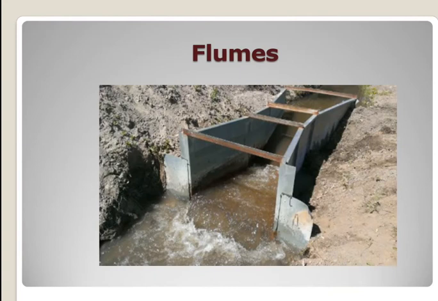Now coming to the flumes. So again these are open channels that are supported above the ground, and flumes are usually used for conveying water when it comes to a valley, and also minor low-lying areas like drains and others, whenever there is an obstruction coming in their way. And they are usually constructed with reinforced cement concrete, sometimes even metal or timber may be used. And normally the cross section will be rectangular or circular.